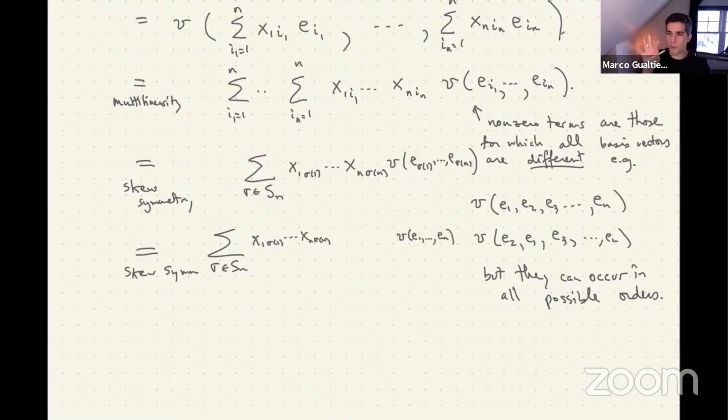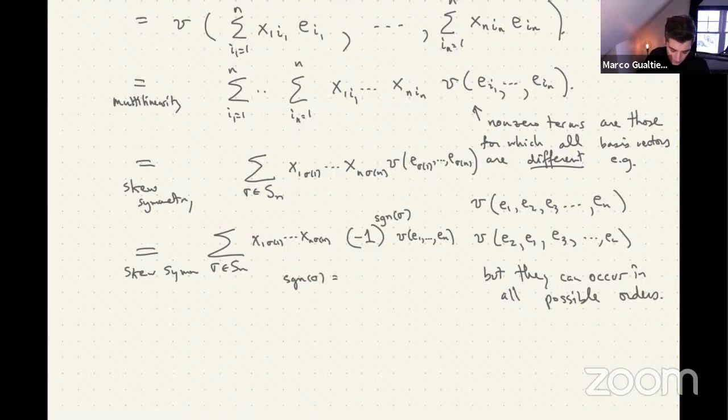And if I permute the numbers 1 to n to σ(1) up to σ(n), then there's a certain number of switches that I need to do. And the point is that whether the number of switches is even or odd, that's called the sign of the permutation. And so I need to put a sign here, (-1) to the sign of σ. So the sign of σ